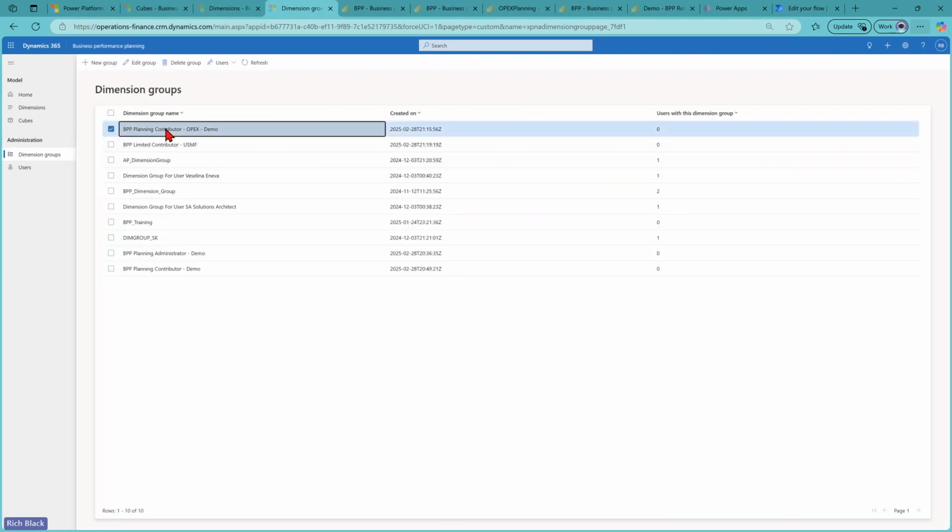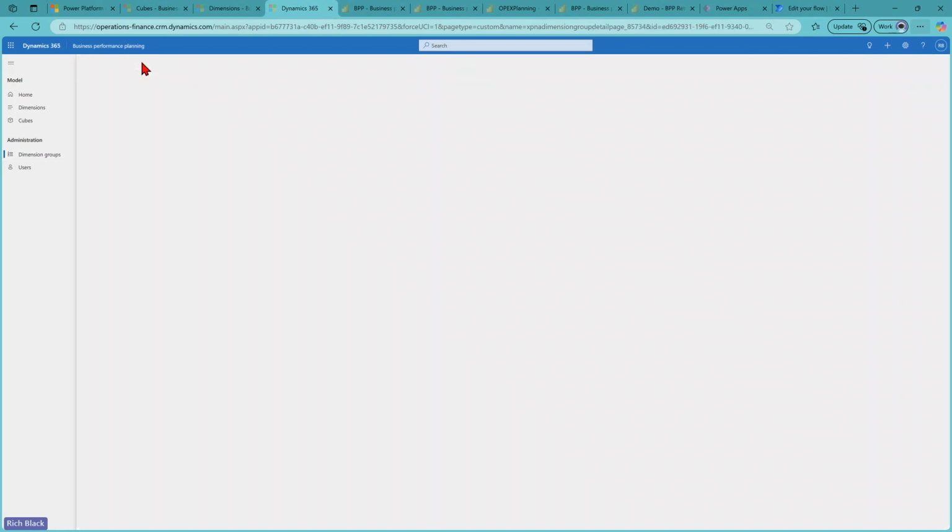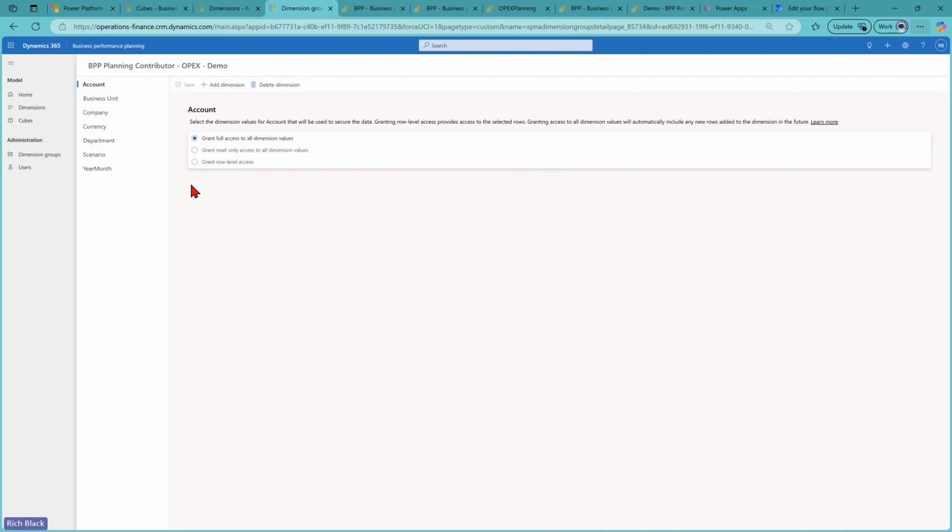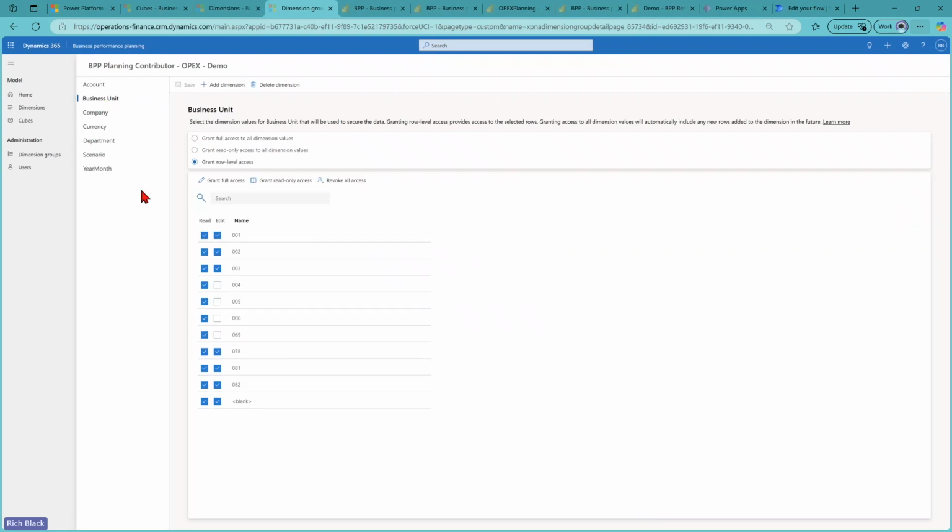and control what access various groups of users might have to specific dimensions. So we can comprise a group of any number of users on any combination of dimensions, and we can choose to grant full access to all of the dimension values in that dimension, or read-only access to some of them, or some combination of access. So we might want users to be able to edit and contribute to plans for specific business units, for example,